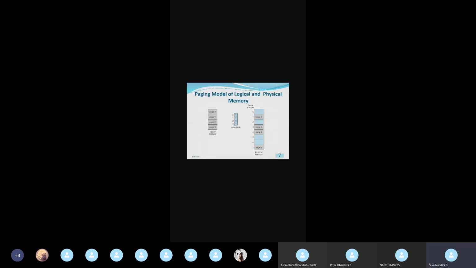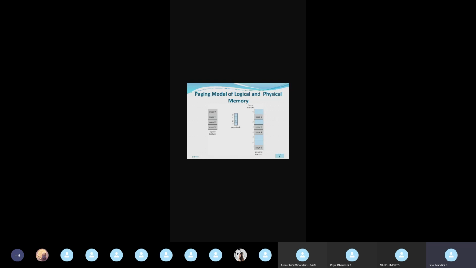See, in this example, we saw the page number. That is, here the process is divided into 4 pages. So first we'll be having this page number. The page number can be page 0, like that. See, in that physical memory,